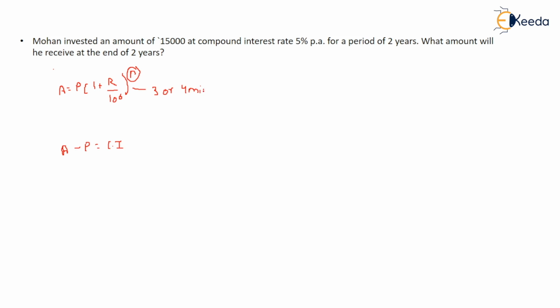This much time you don't have in your examination, so just remember one shortcut, that is a + b + ab/100, where a is the rate of interest for the first year, b is the rate of interest for the second year, and ab/100. This you have to apply and you directly multiply this with the principal, or whatever amount is provided to you. You will directly get the compound interest. No need to find it separately. Okay, very simple this is, right?